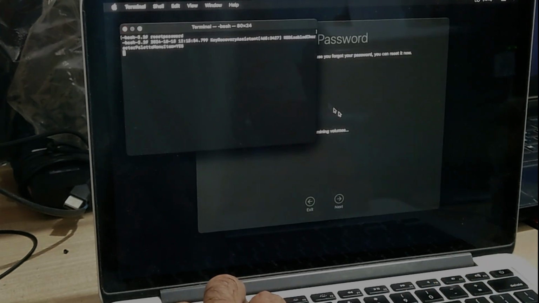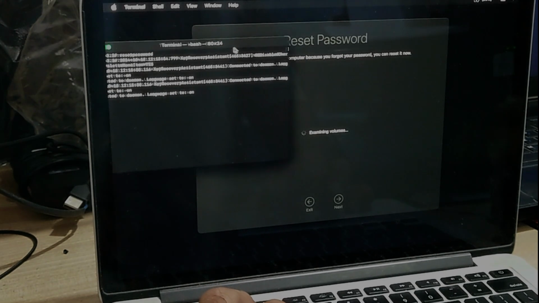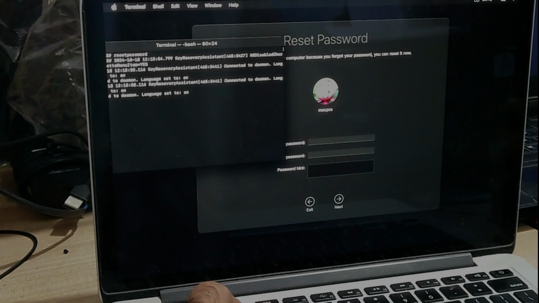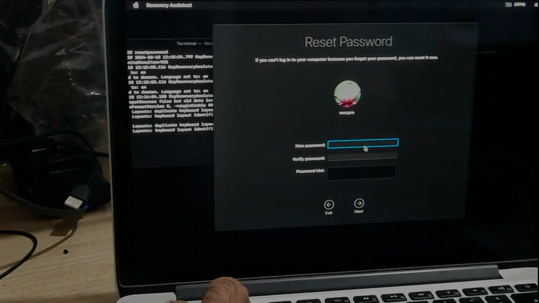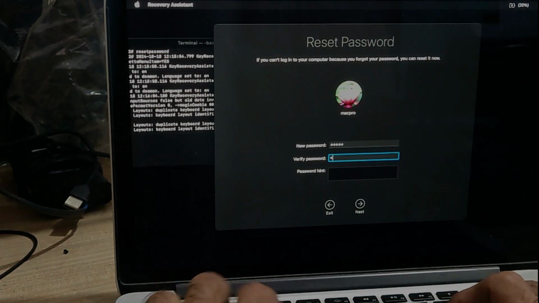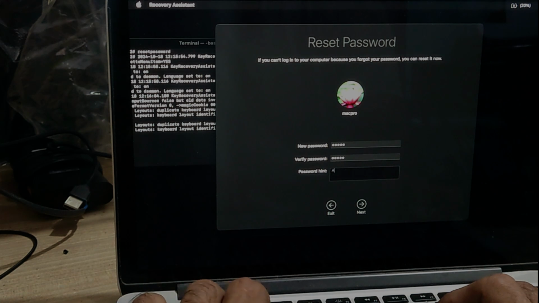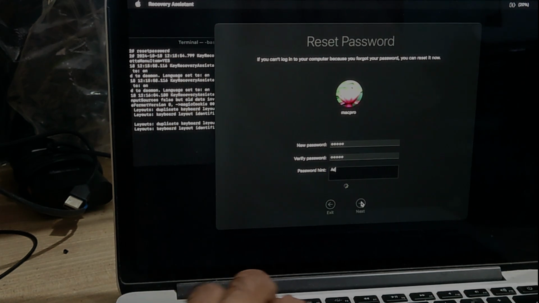There you go. Now go to this window on the background. I'm gonna slide it here and there. There you have to type a new password that you want to remember. This time do remember it and retype it. And if you want to give any hint, just here and then click next